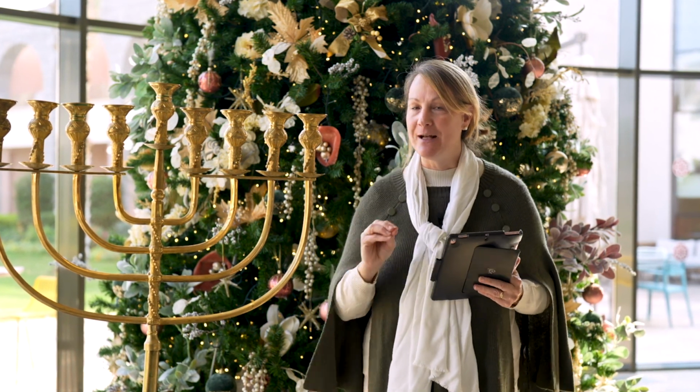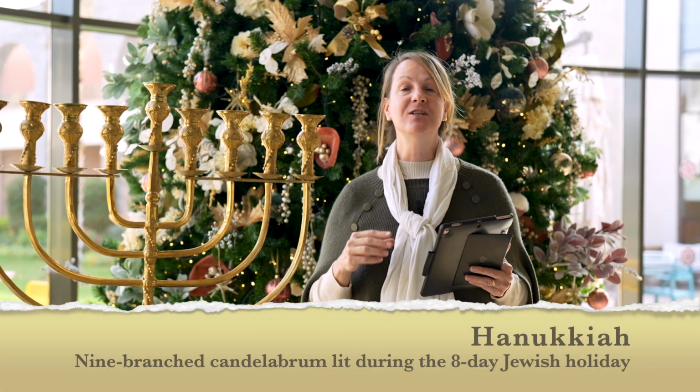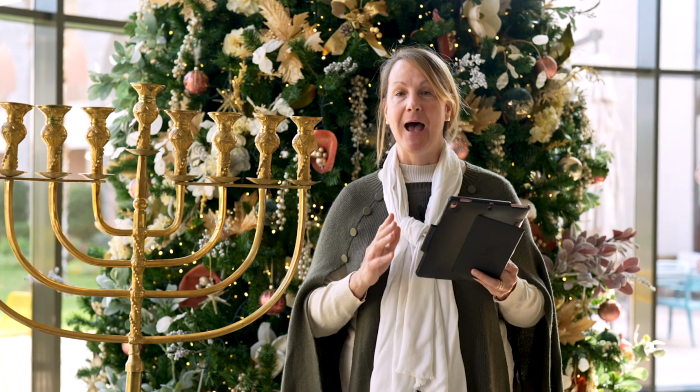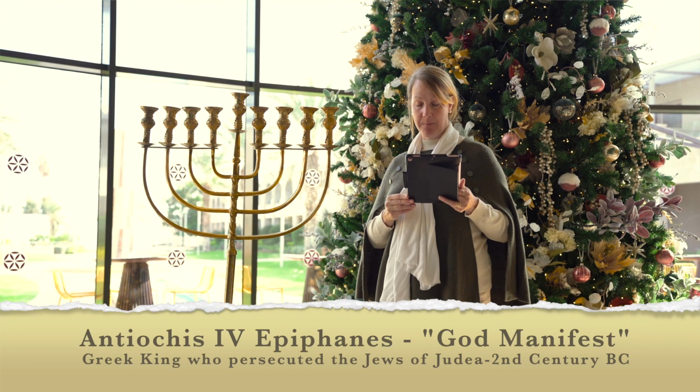Now, I wanted to explain what we're celebrating for Hanukkah, or what the Jewish people celebrate, and it is a miracle. This stand, this menorah, like I said, it's called a Hanukkah, actually speaks about that miracle. So let's go back to the 2nd century BC. There was the time of Alexander the Great before that, who had conquered this whole area of the world. And then he had different people, of course, that would succeed him as rulers in different areas of his conquered lands. Well, here in this area of the world, a Greek ruler came in whose name was Antiochus IV Epiphanes,